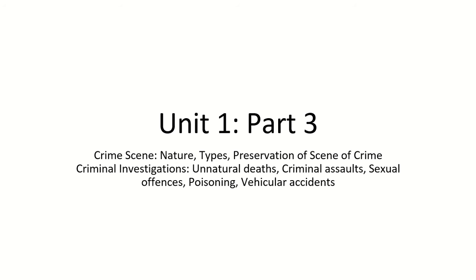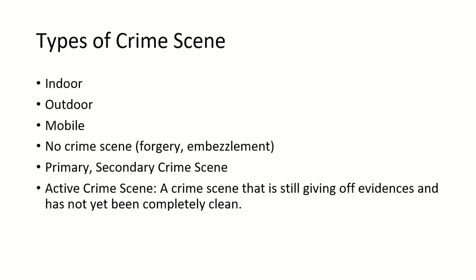Hello everyone. Today we will discuss part 3 of unit 1, in which we will discuss the crime scene and criminal investigations. The various types of crime scenes on the basis of the place of offense are indoor crime scene, outdoor crime scene, mobile crime scene, such as in trains, in car, etc. No crime scene in case of forgery, primary or secondary crime scene, crime scene where the crime has taken place